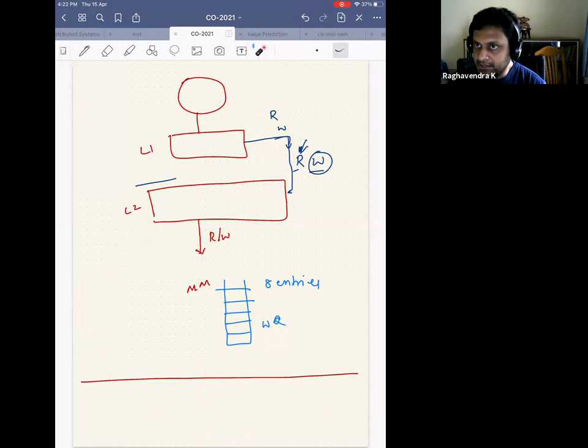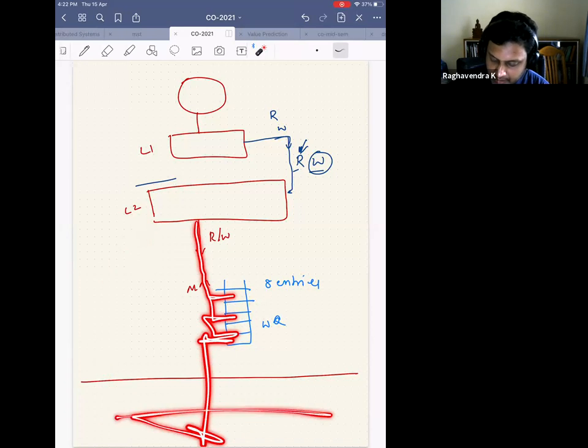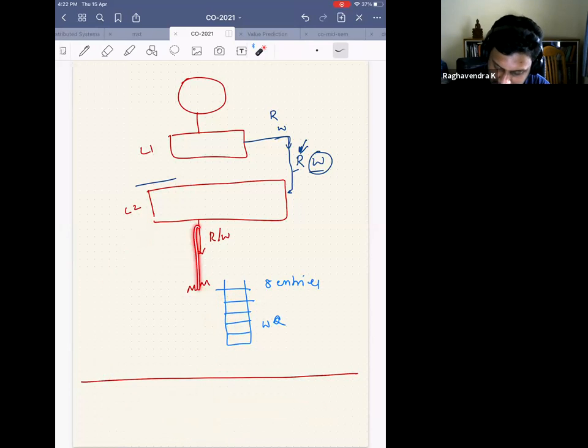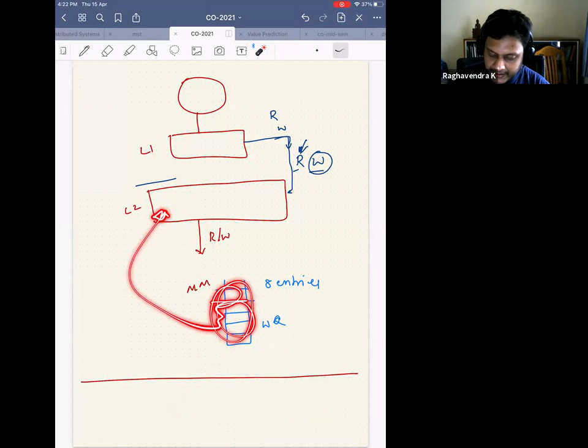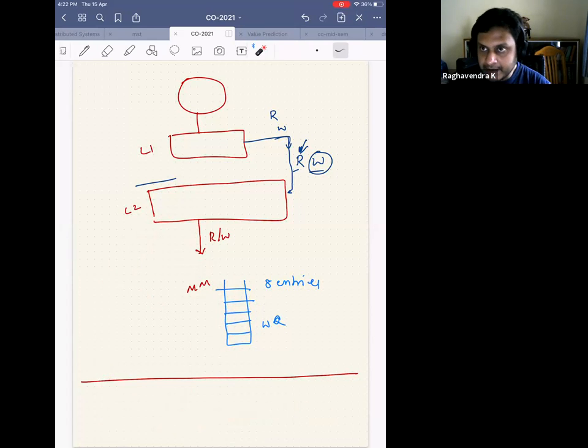But now I've come up with a design where I have a write queue which has 8 entries. If it's a read, I search in these 8 entries. If it is not there, then I go to the main memory. Or maybe I search in this write queue and go to the main memory in parallel. If it's a hit in the write queue, then I give it back and cancel the read that was happening. Or I can do it in any way I want.